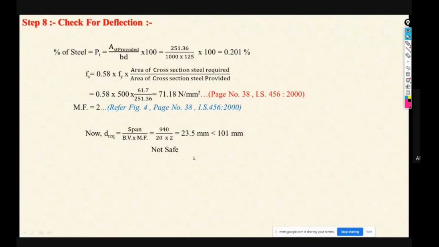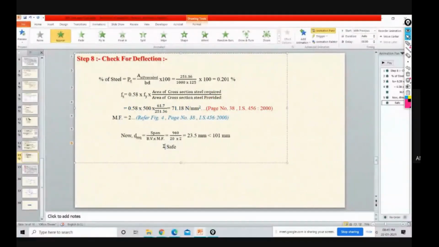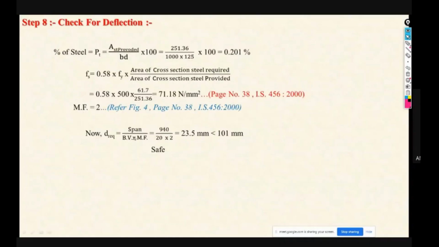अगर मेरा डिफ्लेक्शन चेक फेल हुआ, तो जनरली हम क्या फोकस करते हैं, कि मैंने डेप्थ क्रॉस चेक किया है। अगर मेरा रिक्वायर्ड डेप्थ as per the modification factor and the basic value and span is 200, and now I have provided only 100, so it is less than required. तो इस केस में हम सोचेंगे कि मुझे डेप्थ रिवाइज करना पड़ेगा। 100 तो डेप्थ मैंने प्रोवाइड किया, चाहिए मुझे 200, so मुझे डेप्थ इंक्रीज करना पड़ेगा।